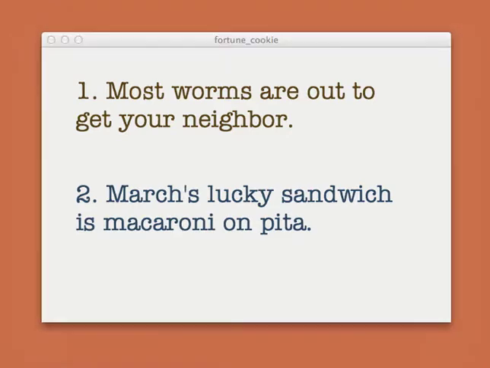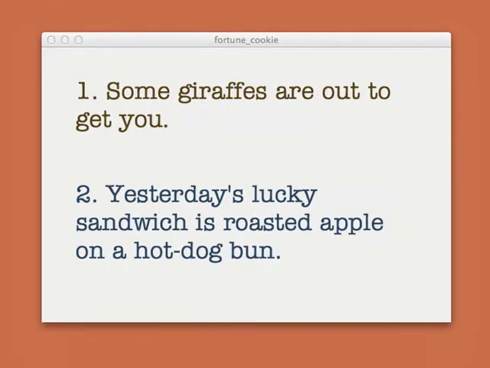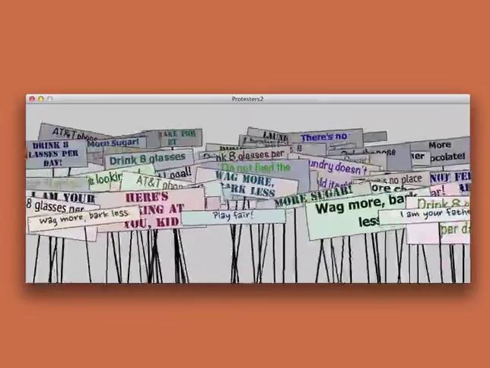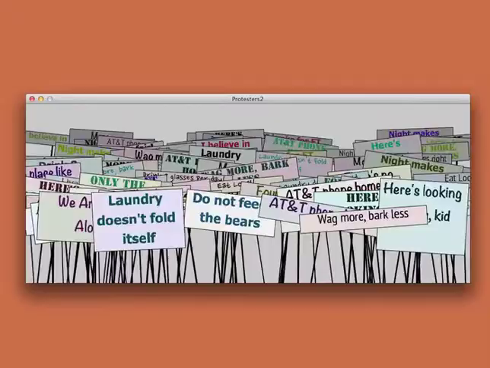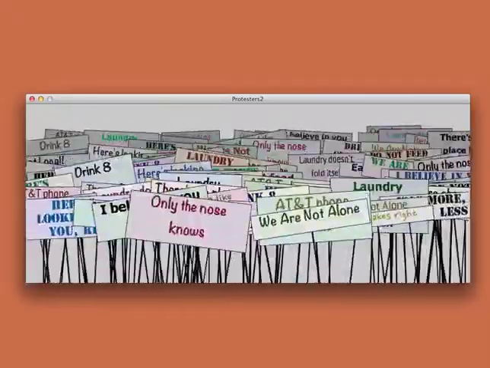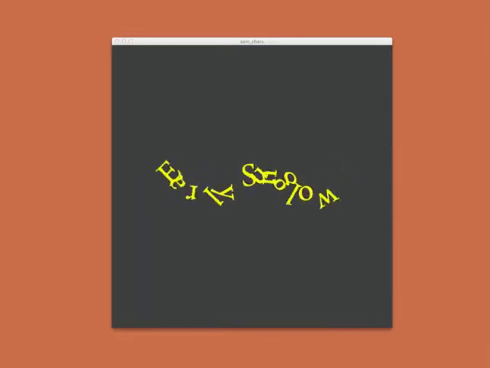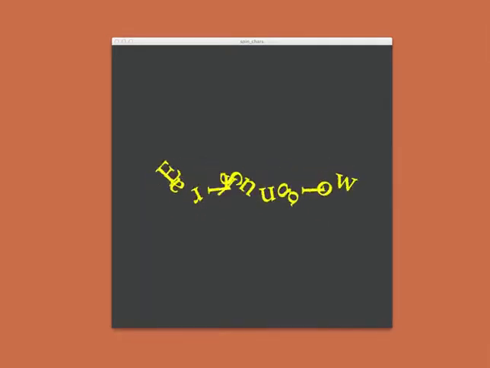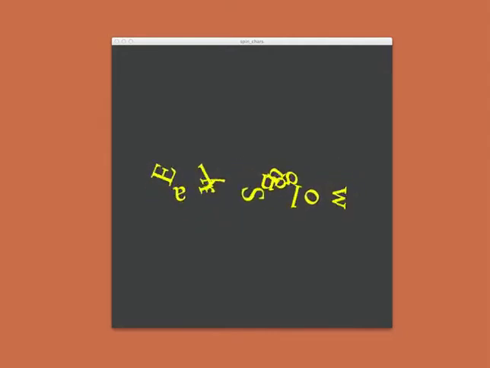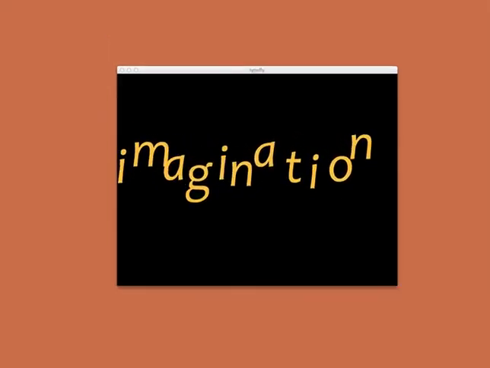By mixing and matching strings, you can create an endless number of random fortune cookies. Placing your text in a transformed rectangle and animating it over time lets you create a mob of signs in a peaceful protest. You can control every letter of your text individually. You can even transform each character independently of all the others. This lets you put every letter exactly where you want it, or you can allow the letters to move around